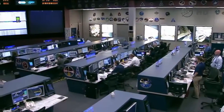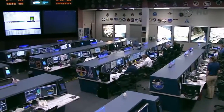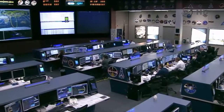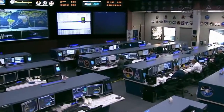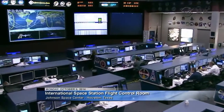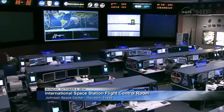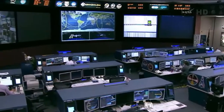Morning from the Johnson Space Center in Houston. This is Mission Control Houston. A view of the International Space Station flight control room from the back of the room, looking across the consoles of flight controllers as they watch over all of the systems to ensure the health of the International Space Station